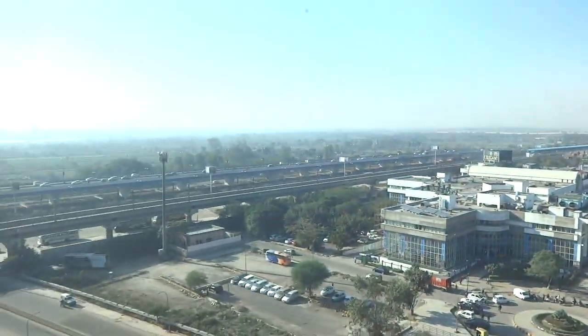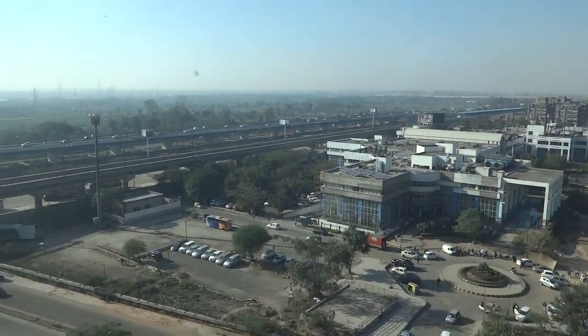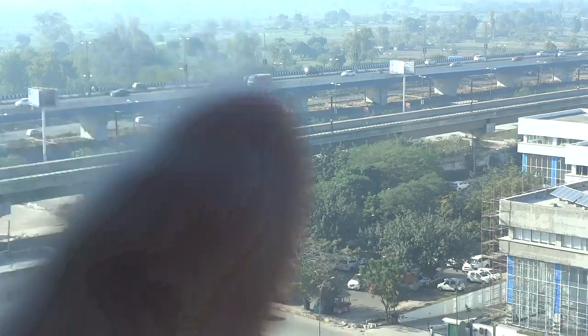Now beyond that, the view from this particular room, let me just show you. This is the highway, and right alongside it is the metro train track as well. And let me just zoom in a bit. So there's the highway and this is the